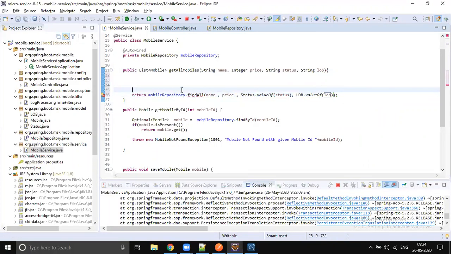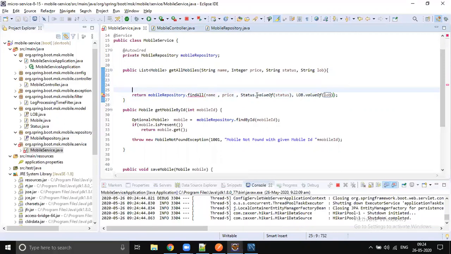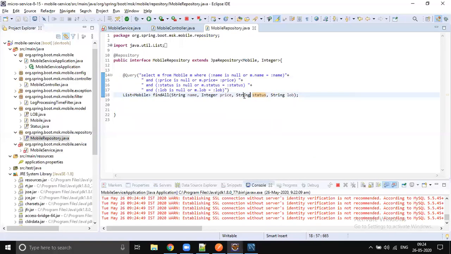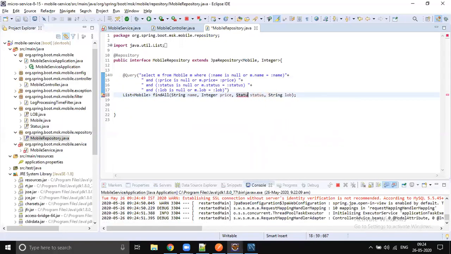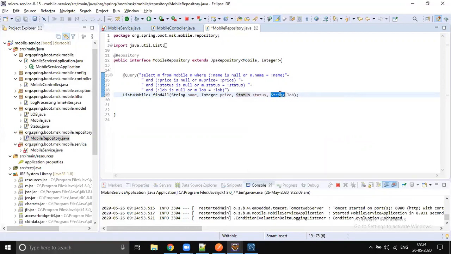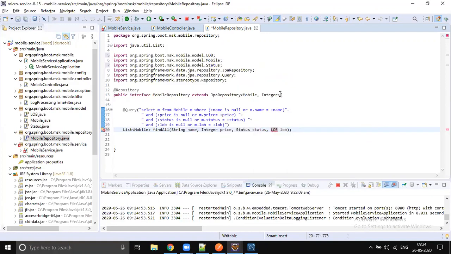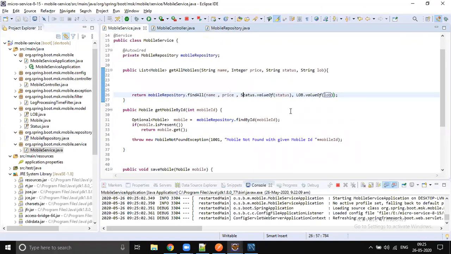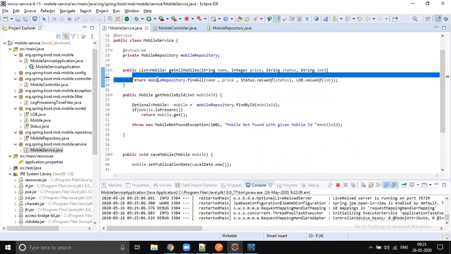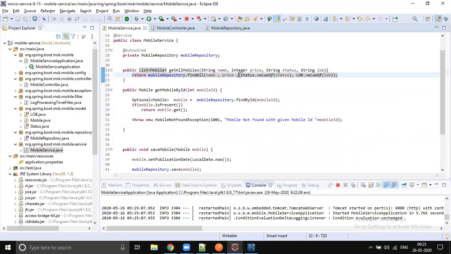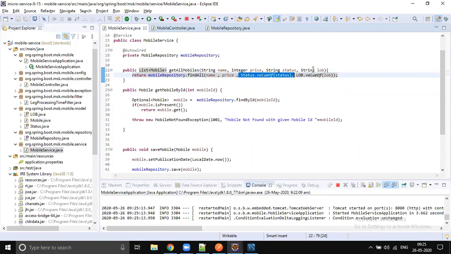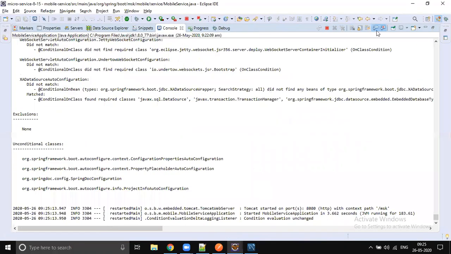So let's do the changes in the repository also, right? Here we are sending enum types, but in the repository, it is string type. So that's why that error came. If you just change this to status, so it should be our status. And if you just change this to LOB, whatever error you are seeing in the service will go away. That's what we need to do. But this is not the full-fledged code. We should do proper validation before converting it. If you send a wrong value, you will get an enum exception.